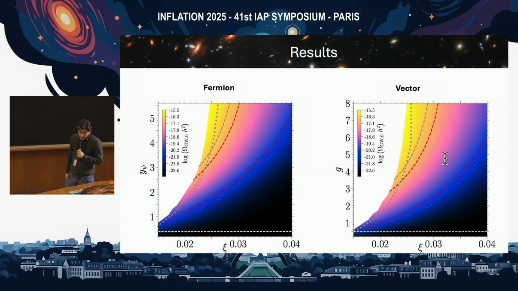Here is basically our main results, which show omega, so the signal at a given frequency, which is the minimum of one of the sensitivity curves, as a function of the non-minimal coupling and the Yukawa coupling or gauge coupling for the two different channels. What we can see here is that the signal can reach the sensitivity of future experiments, in particular BBO and the SIGO, the colored dashed lines, but only for large values of the Yukawa and gauge coupling. You can see the standard model values with the white lines on the bottom.